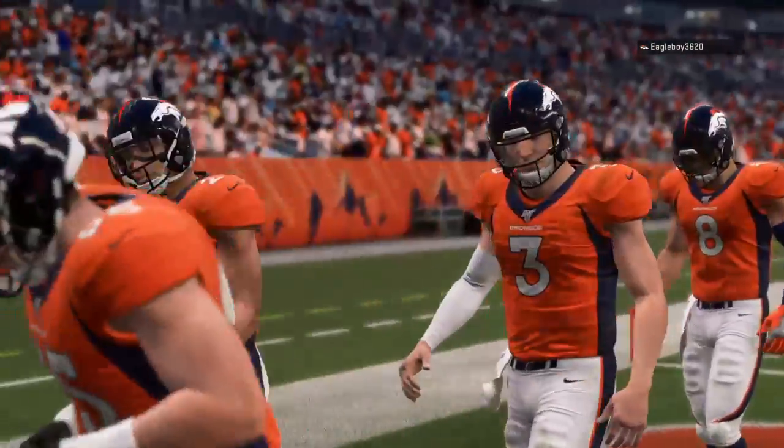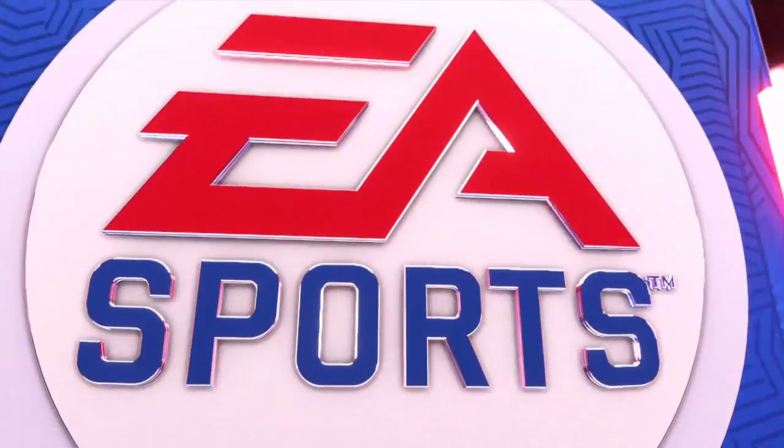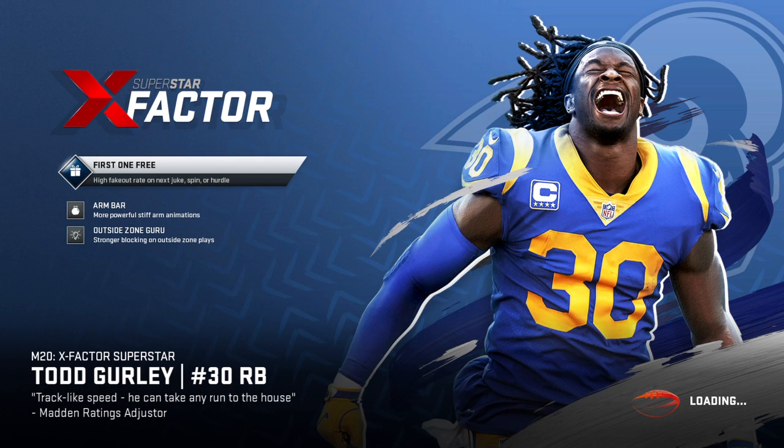So for Chicago, it was a great all-around performance as they come out of this one with the victory. And they'll get another road date next week as their opponents will be the Washington Redskins. Meanwhile, for the Broncos,